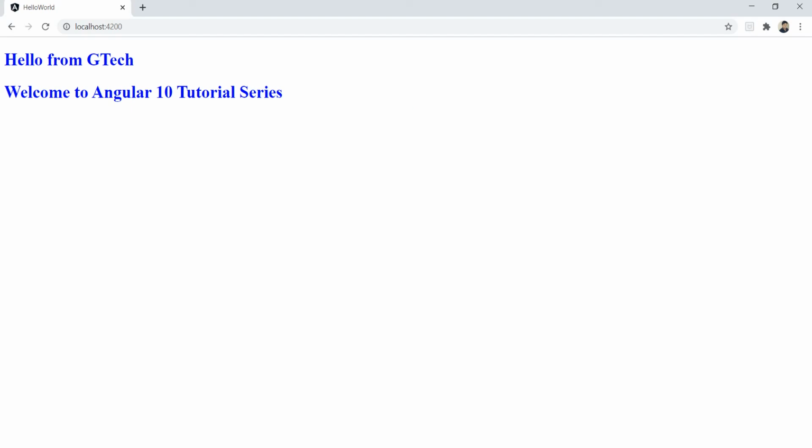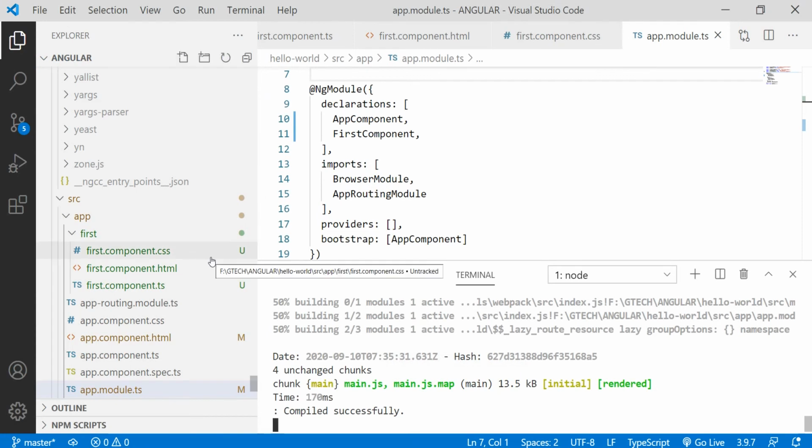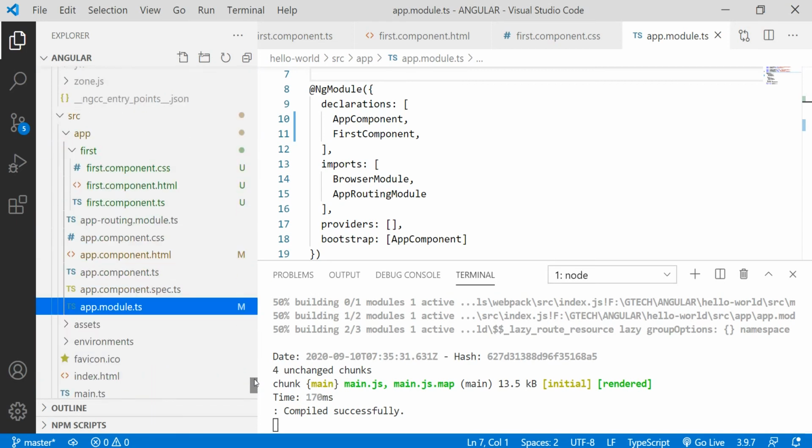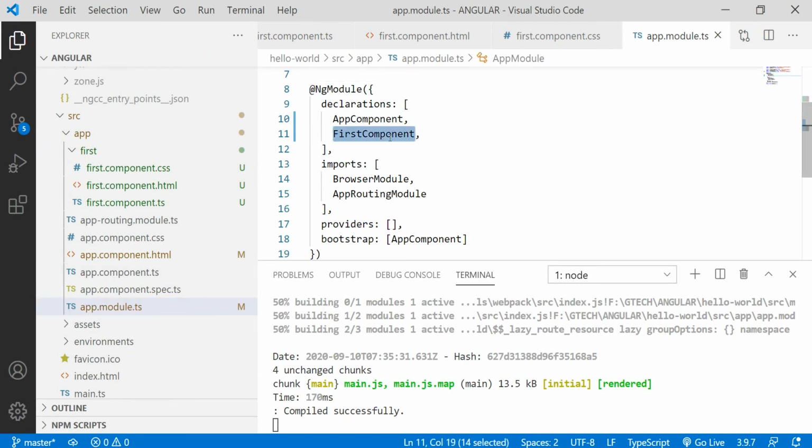But remember, we have created a component manually for better understanding. We have created three files, first.component.css, first.component.html and first.component.ts, by creating a folder. And we also added this component in app.module.ts under the declarations section manually.